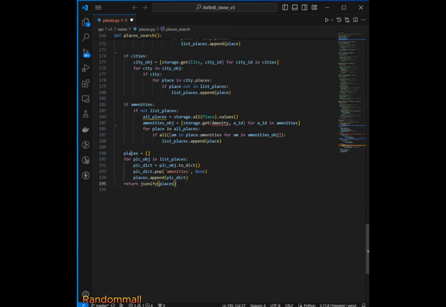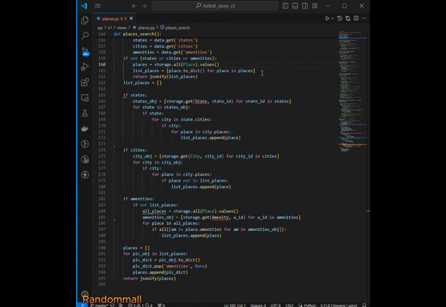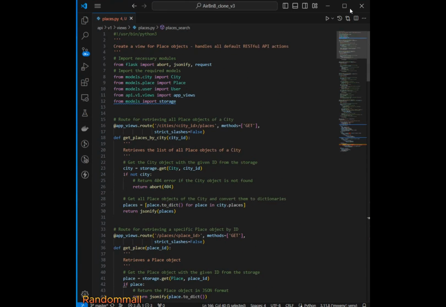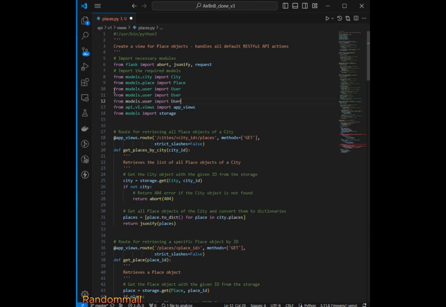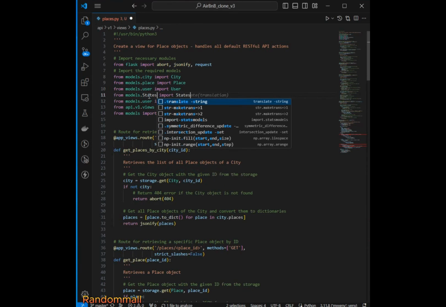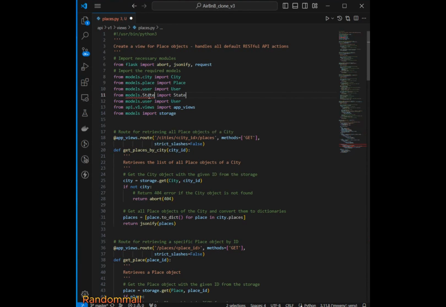And then we need to go and import amenity, then the state. We need to import amenity and state. So we go back up, copy this, and say, should be state, yeah, should be lowercase, and here